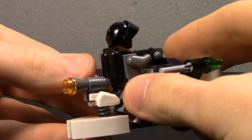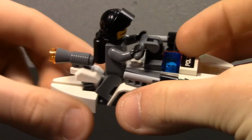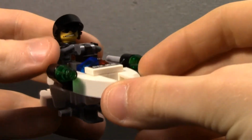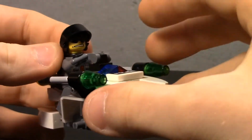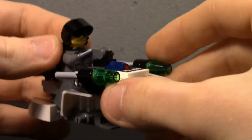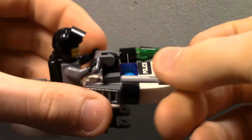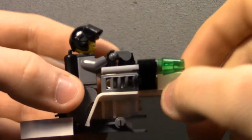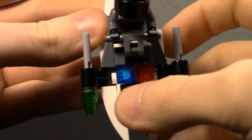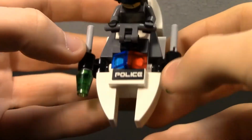You can see we have a microphone in the back here with a stud in there. On the classic one, you have these smooth not tile pieces, but groove pieces curved at the bottom and front. This vehicle has the only play feature that's in the set, and it's just your normal flick fire missiles. It actually worked. Pretty surprised about that. You got some groove pieces on there, kind of like little vents. That's pretty cool. You got the police sticker representing Space Police, and then you got the red and blue translucent